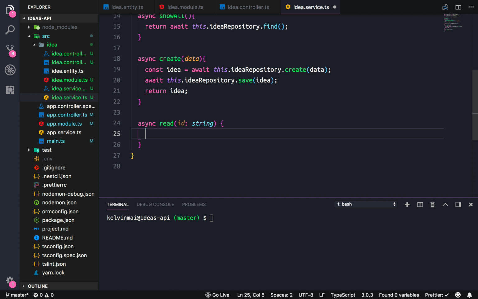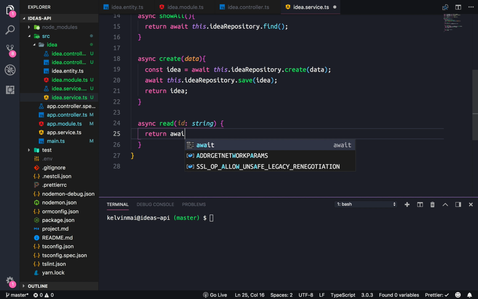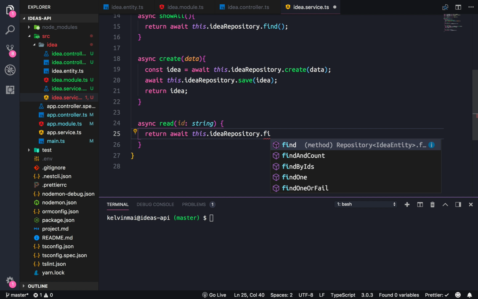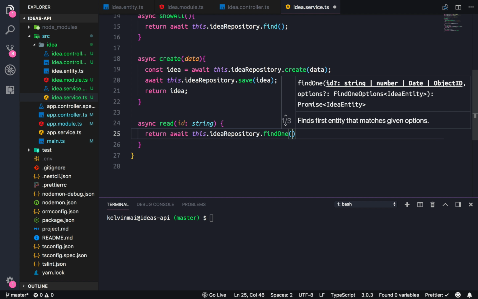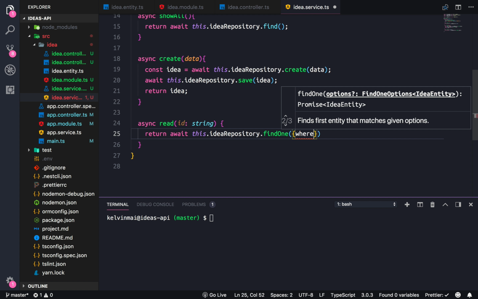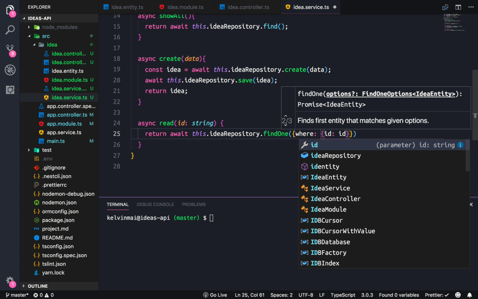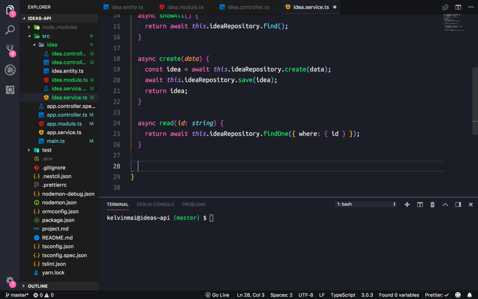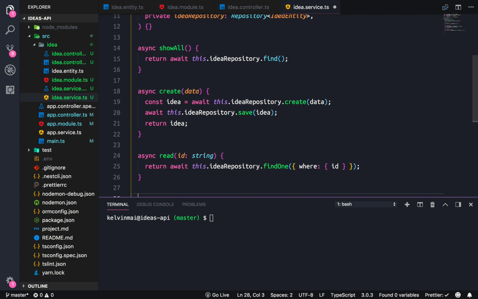And this is gonna be return await this dot idea repository dot find one, where ID is equal to ID. And of course, since we're using TypeScript, which is modern JavaScript, we're gonna use the shorthand. So that's three methods: create, read,